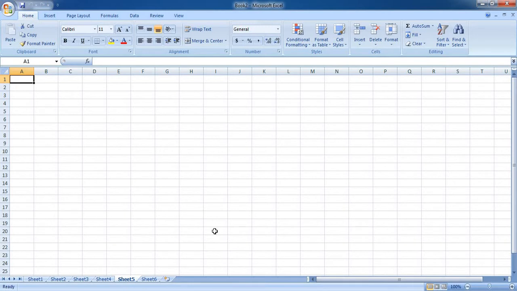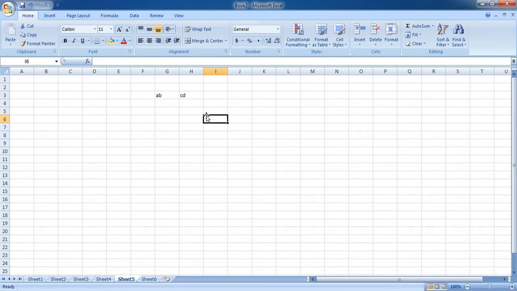So this is about inserting a worksheet. Let me type in some dummy data, for example A, B, C, D, one beside the other in parallel columns. In order to insert one blank column in between G and H, let us learn now how to insert a column in a workbook. We'll also discuss how to insert rows later.